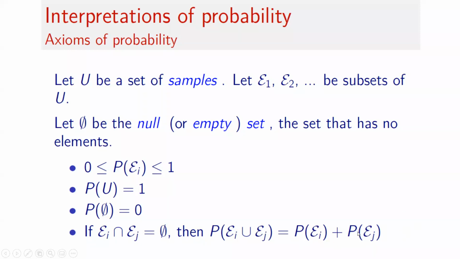Okay, so technically, capital P is a measure. We are obtaining a measure of something. We can think of a measure as a generalization of area or volume. If you think that the universe, for example, is a large patch of land, then some of the subsets, for example epsilon 1 or epsilon 2, are small patches of land within the universe.